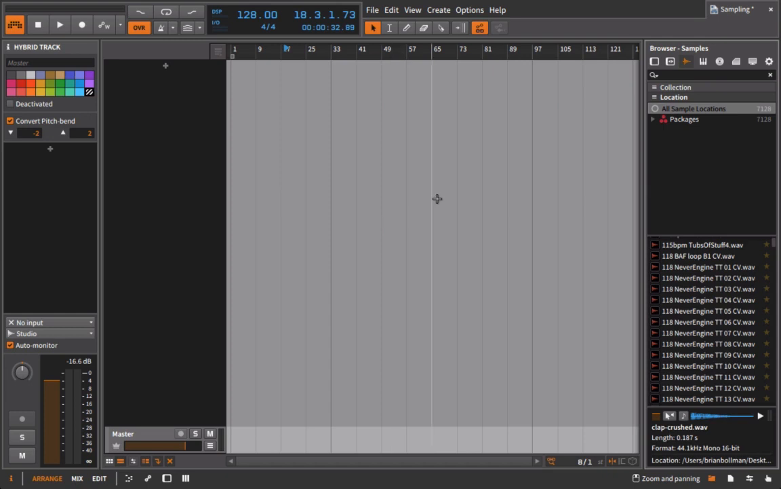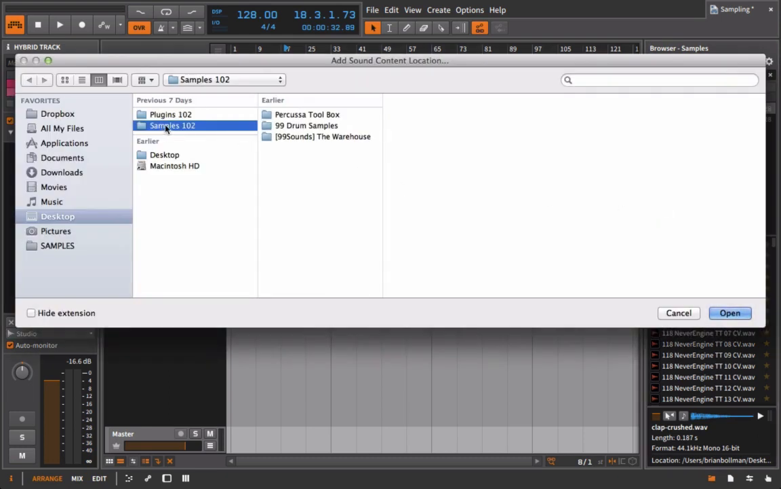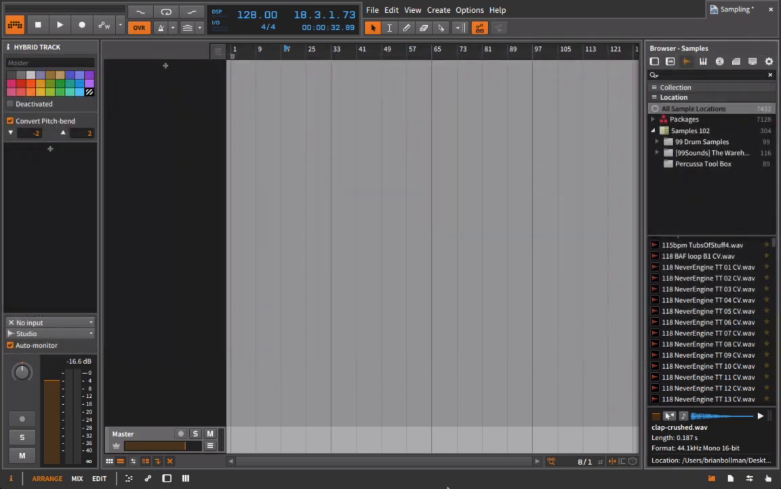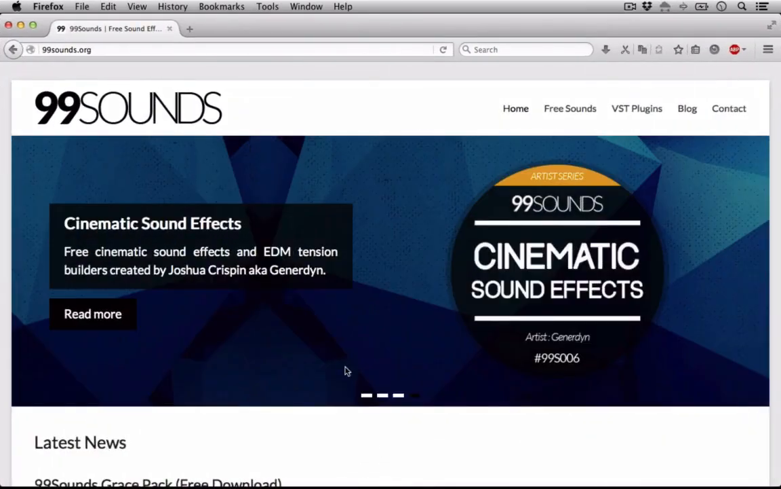The first thing we're going to do is just add our samples that we're going to be working with. And these are the samples that you can use for your final track. So in this program, I'm just going to go in here and choose add sound content location. I have all of them loaded up here. We'll have links to everything on the website, so don't worry. You don't have to try and search that and find it, but these are all coming from 99sounds.org, a great